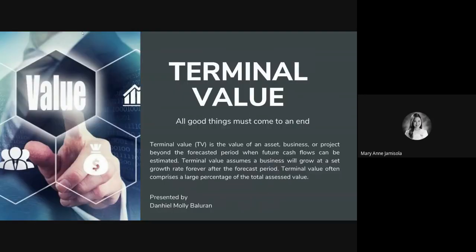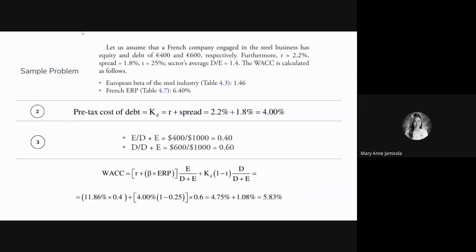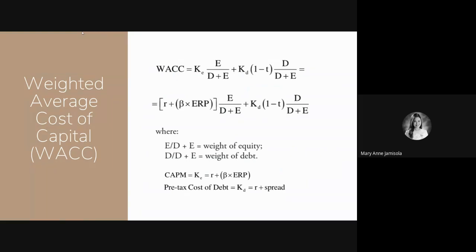Okay, so in simple terms, going back to the WACC formula, WACC is the cost of equity times the weight of equity. So E over D plus E, that is actually the weight of equity. When we say weight of equity, meaning what percentage equity is in relation to its total capital structure. So like in the problem given, I think that was 40% equity and then 60% debt. So WACC is equal to cost of equity times weight of equity plus after-tax cost of debt times weight of debt. For cost of equity, since we already know how to compute it using CAPM,